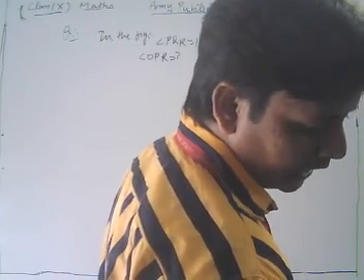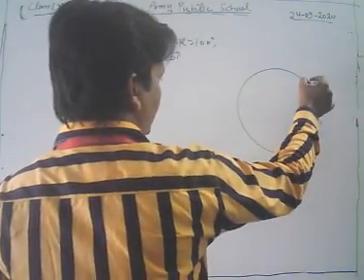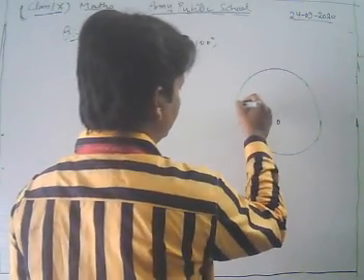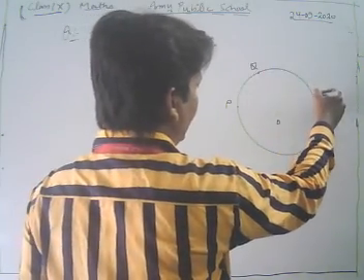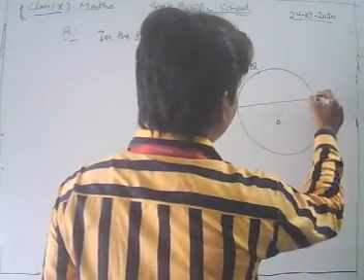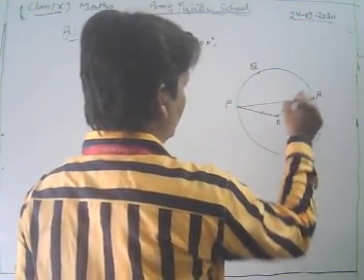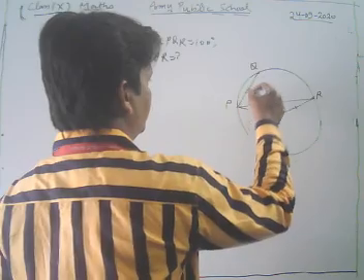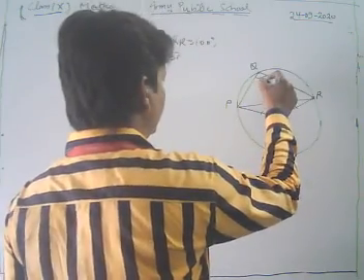And your figure is, let's see, this is the figure here. This is the center. This is point P, this is point Q, and this is point R. And we join in this way: OP and OR here, and PQ and QR we join in this way. This angle PQR is given as 100 degrees.